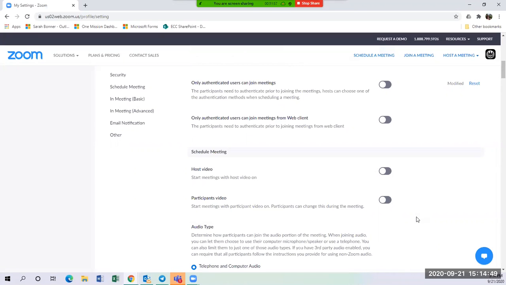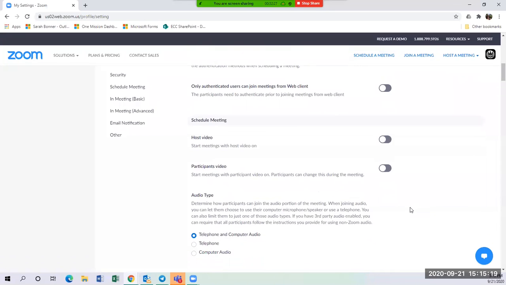Although it's nice to see people and to hear people when you first join, when you have larger groups or training groups, people join at different times, unfortunately, and so it just becomes a bit of a distraction. And so it's just something that we've found it's better to give that into the hands of the participant or the host to be able to enable their video by turning it on